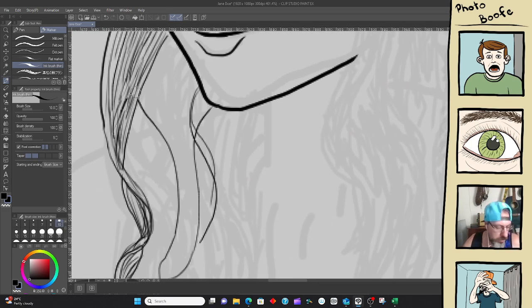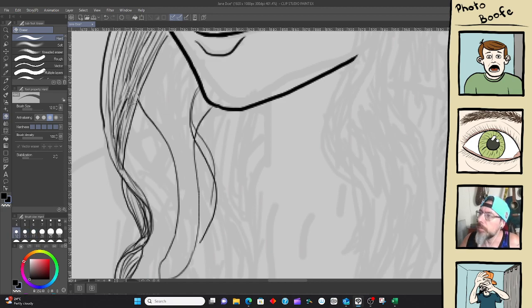Looks a bit dodgy, but I'll be able to save it with a bit of this. Blend it in a little.